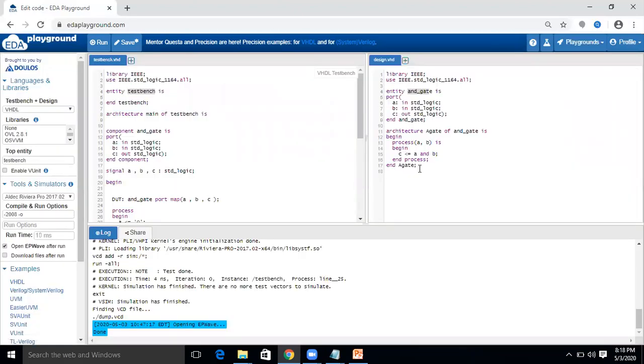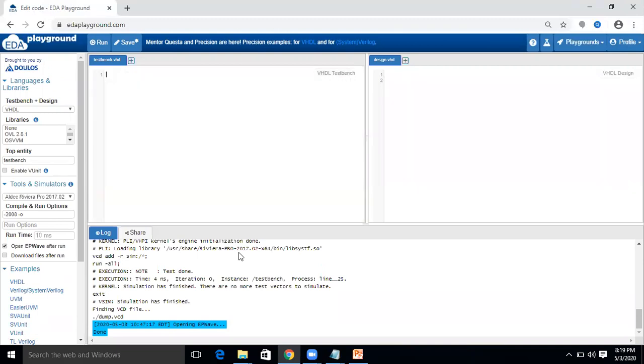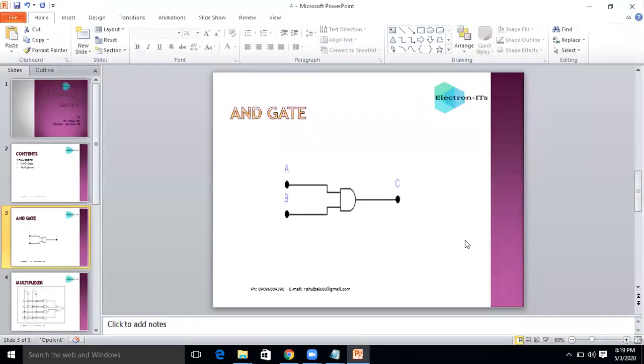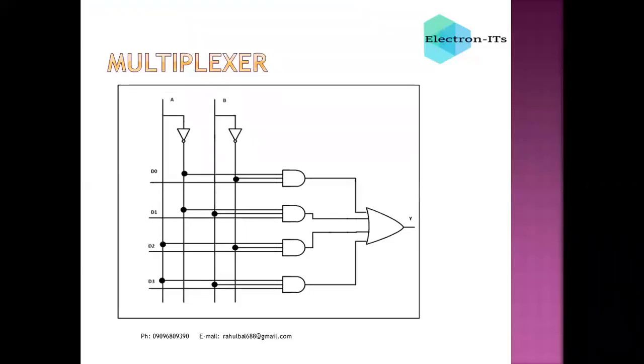Now we'll discuss multiplexers. Our next circuit is the multiplexer. In the multiplexer circuit, we have 4 inputs and 2 select lines. So D0, D1, D2, D3 are the 4 inputs, along with 2 select lines. What is a multiplexer?